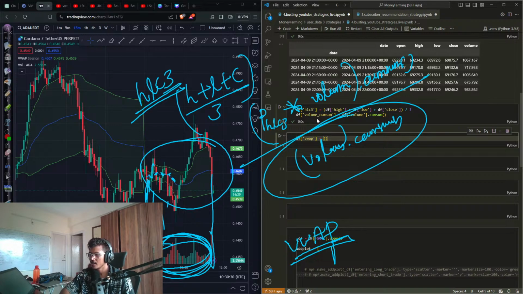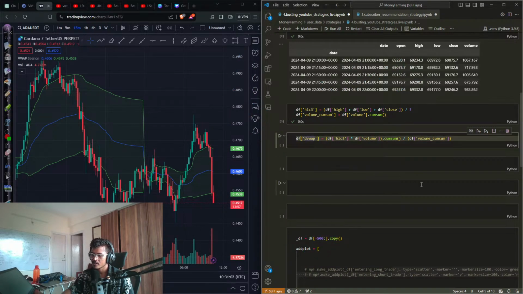So we want our HLC3 times volume, then we take the cumulative sum of that, and then we divide it by the cumulative volume, okay? That's our VWAP, which is our daily VWAP, okay? Now how do we get the daily? Let's focus first on it being a VWAP, okay? It's actually applying to the whole